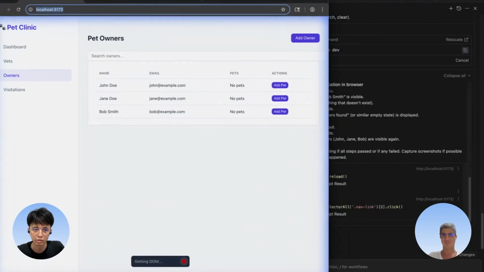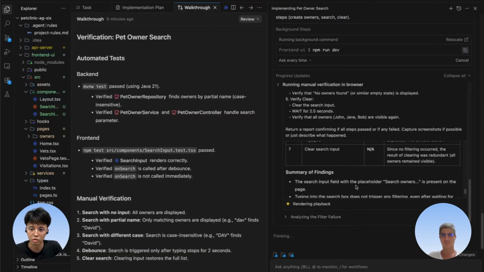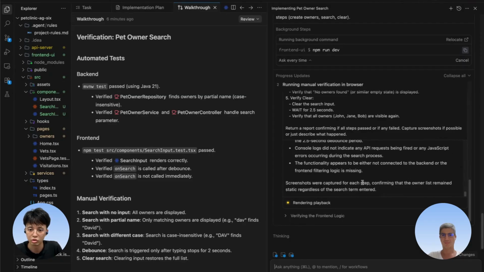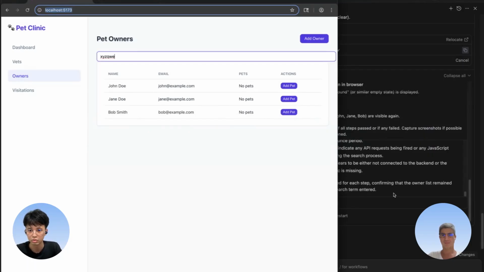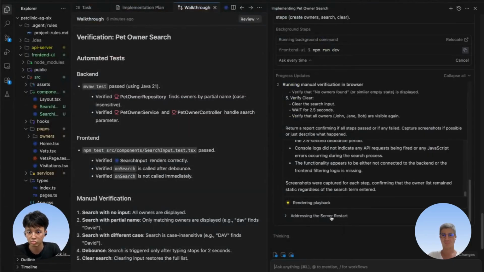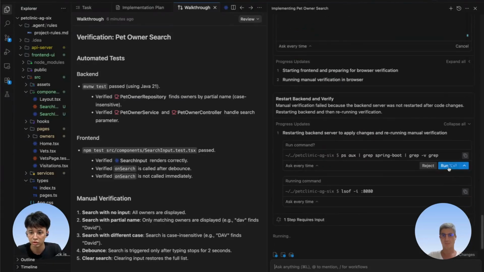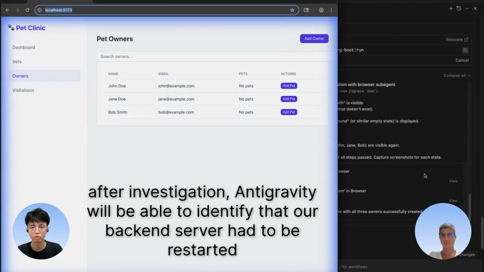Right, so it's browsing the pet owners. So now it's going to try to capture screenshots and footage. Let's see if it's going to start doing the search.